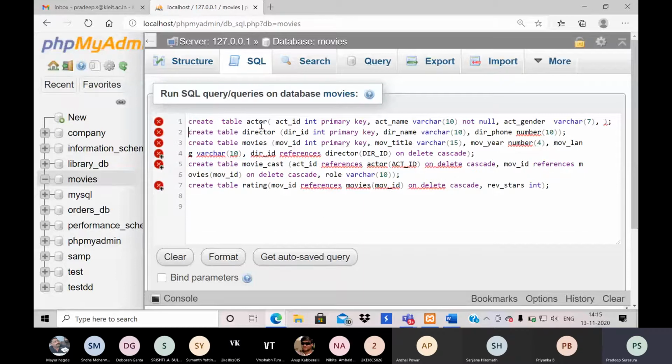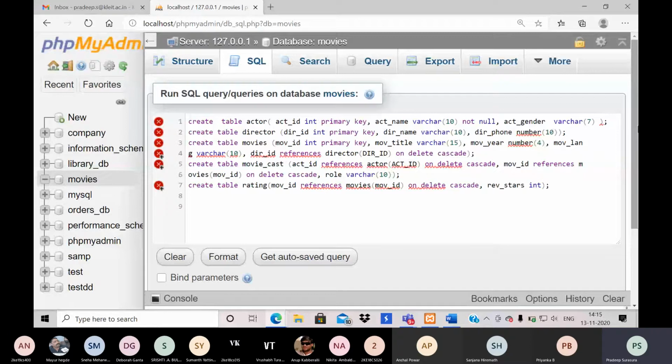Okay, so the first table, create table, actor ID primary key. So this is absolutely not a problem. There's some error here. Let me fix this. Actor ID and primary key. Name not null. Actor gender varchar 7.